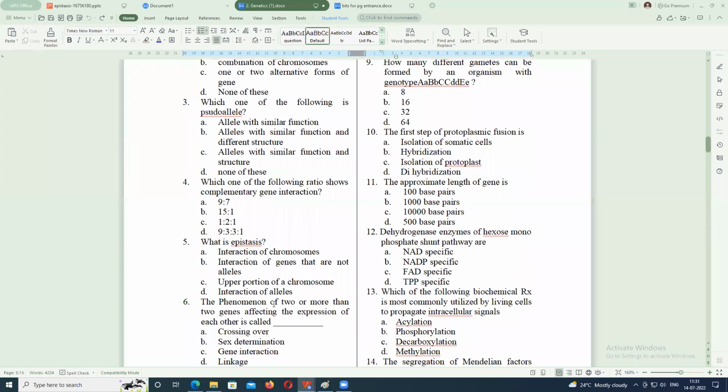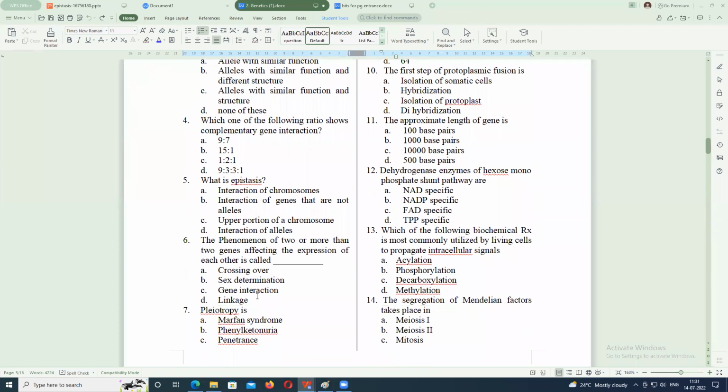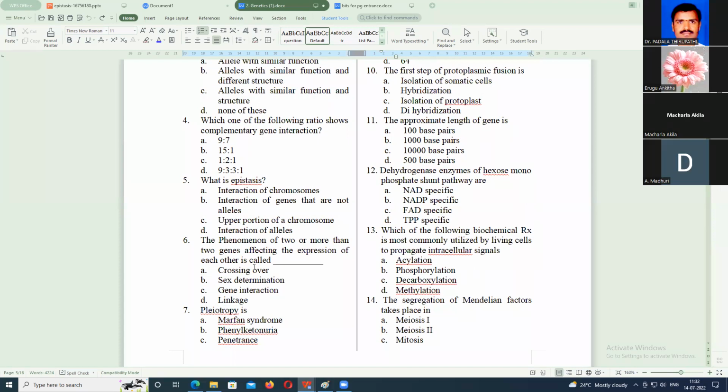Interaction between two genes. Interaction. B, ma'am. Yes. Very good. Okay, good. The phenomenon of two or more genes affecting the expression of each other is called gene interaction. Super. Pleiotropy is